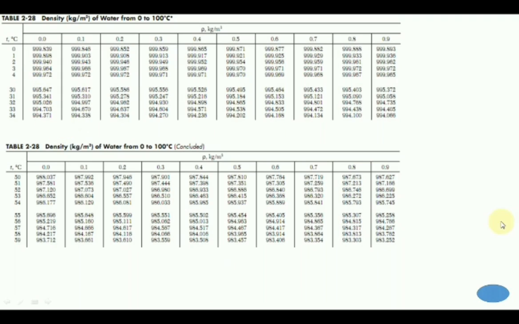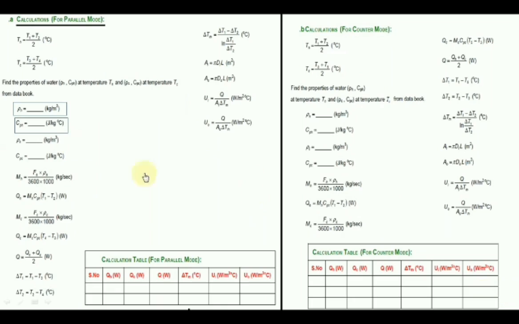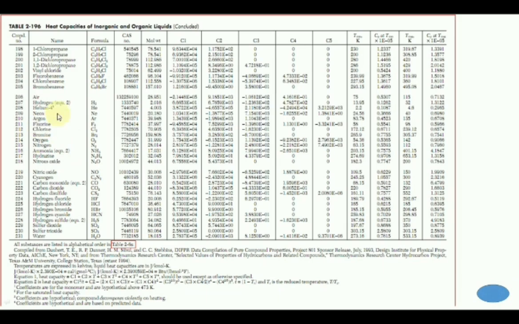And suppose we want to find the value of the specific heat. For specific heat, here you can see that we have this table, and this is our component, that is water. For this water, we get the values of these constants C1, C2, C3, C4, C5. And for the calculation we have this equation, that is equation 1 of the heat capacity. So we want to find the heat capacity over here.